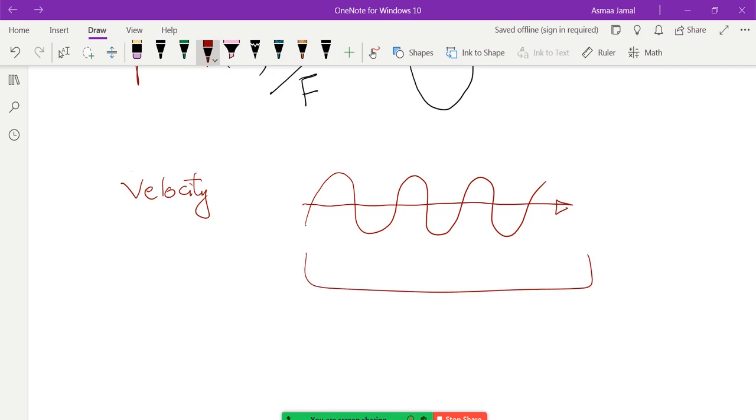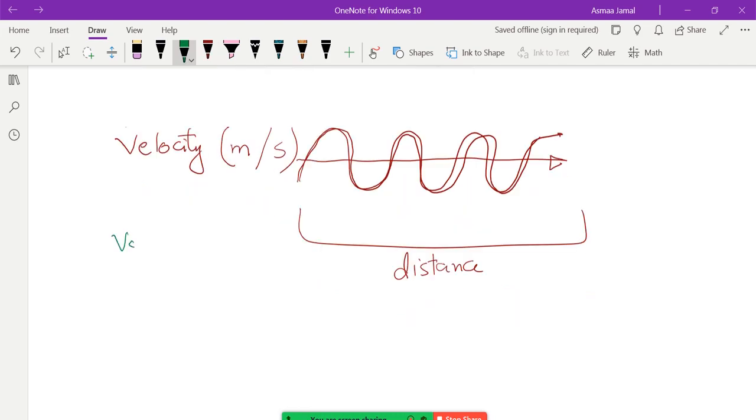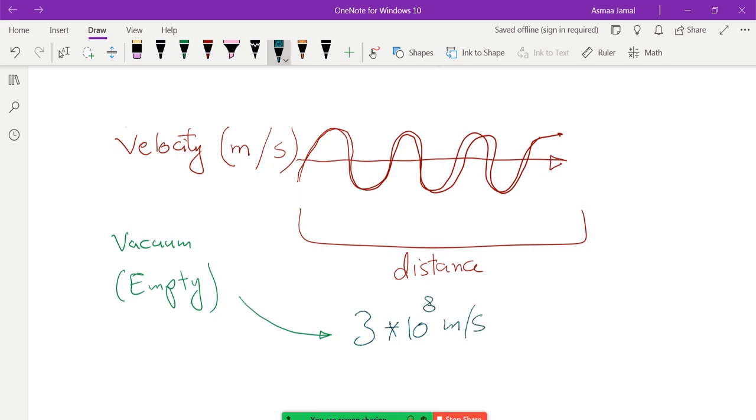Since it's a distance, we will measure it with meters per second. So, how many meters can that wave pass through in 1 second? In a vacuum, which means an empty area without any gas, without anything, light and electromagnetic waves travel at 3 times 10 to the power of 8 meters per second. That's the speed of light